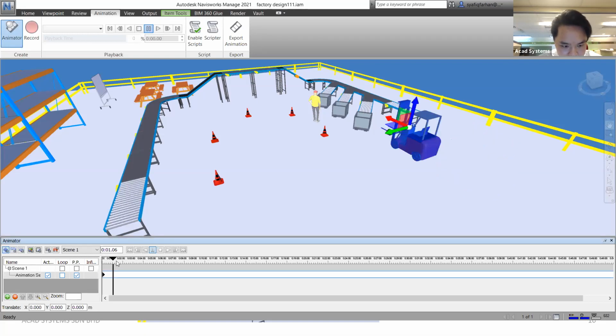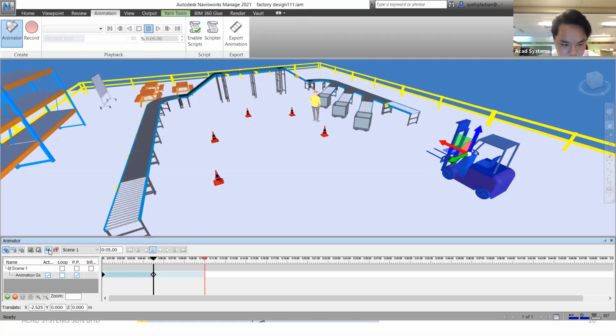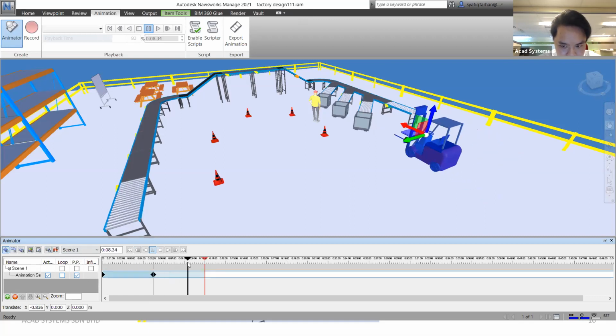Before that, you have to drag this thread for the duration that you want to move for the animation of the object selected. You have to drag it first and you move this. After you move, you capture the frame here. For the next one, I have to drag it here,